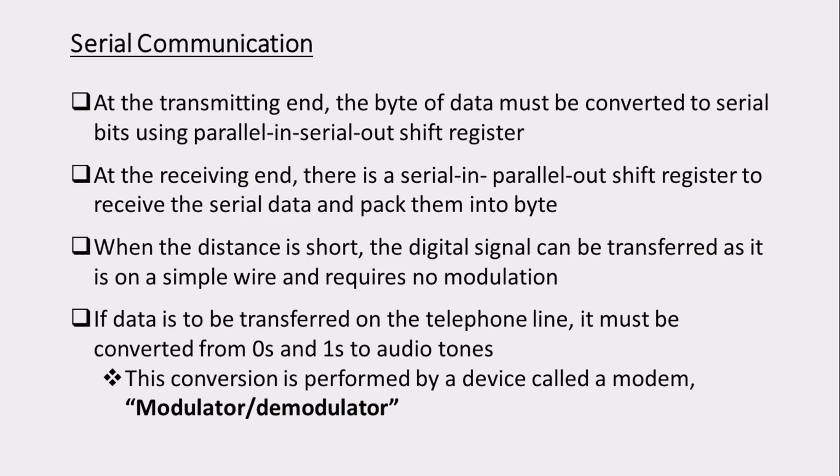Suppose you are transmitting logic 1. If you convert that into voltage, it will be somewhere around 5 volts. If that 5 volts travels a longer distance, the same 5 volts cannot be reached at the receiving end. There will be signal degradation, so that you will get somewhere around 3 volts or 3.3 volts. That has to be taken care of. So in between we use amplifiers to boost that signal back to a 5 volt signal.